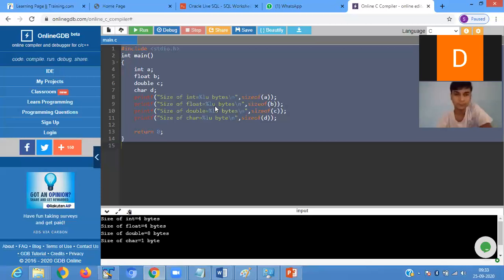Basically, percentage U is the format specifier implemented for fetching the value from the address of a variable having an unsigned decimal integer stored in the memory. It is not a signed value, meaning it represents an unsigned decimal number.